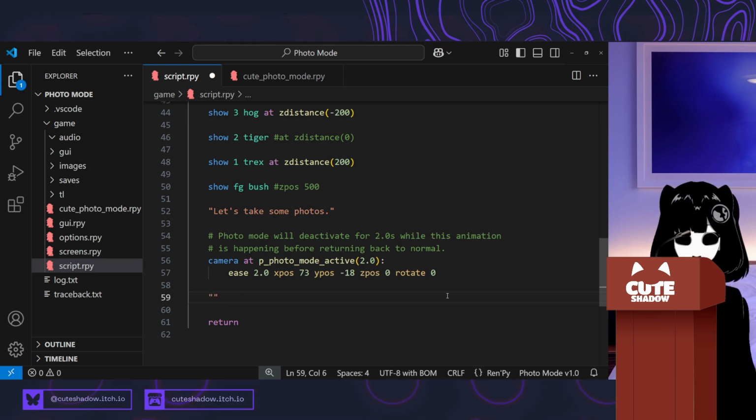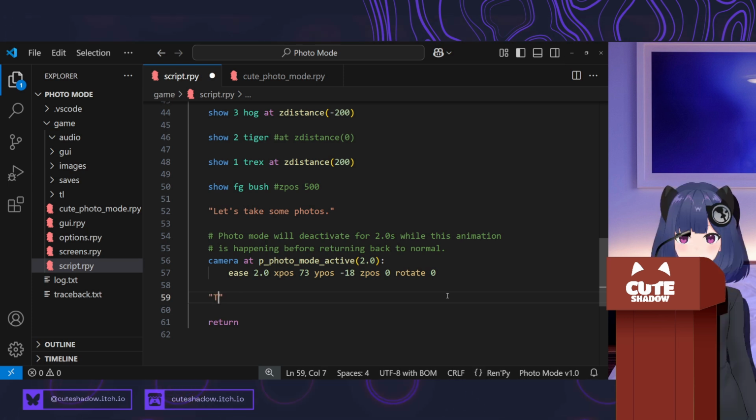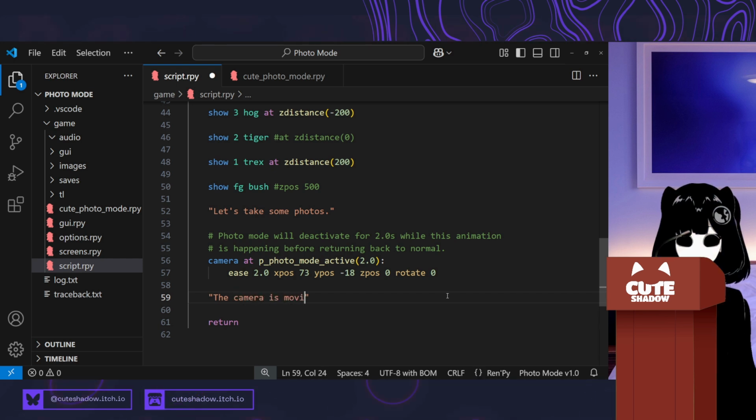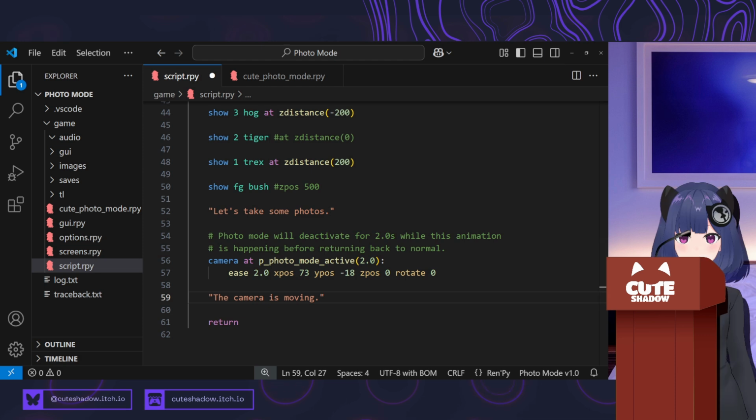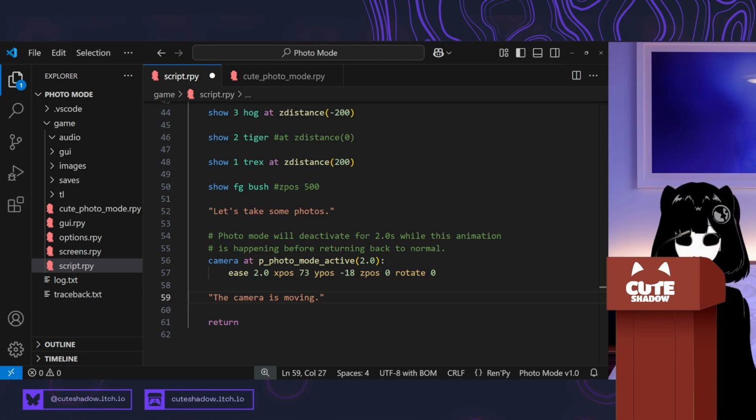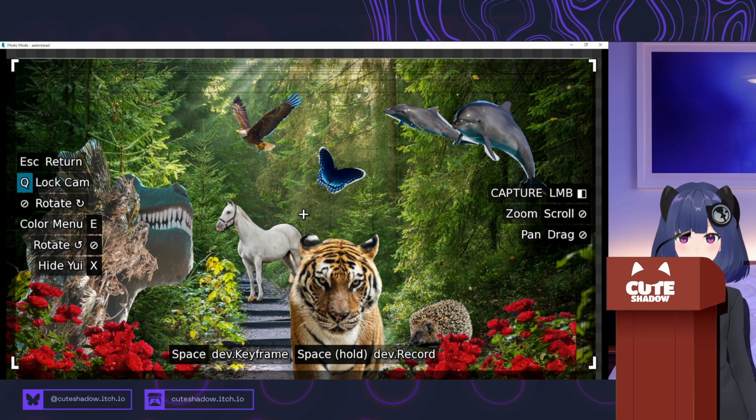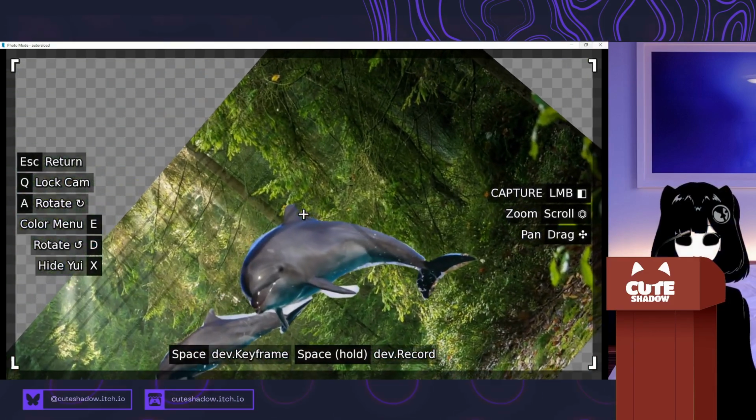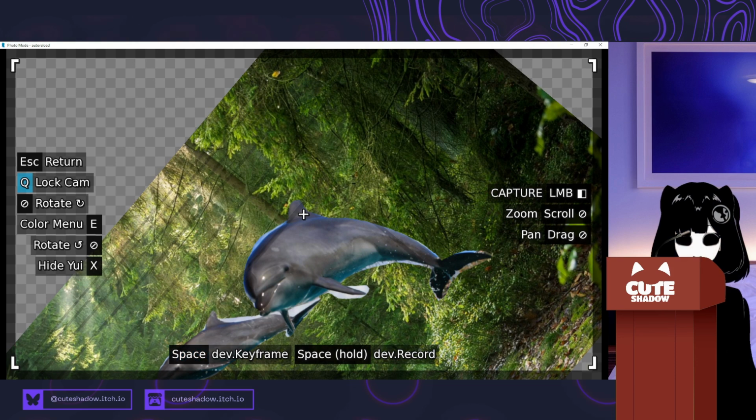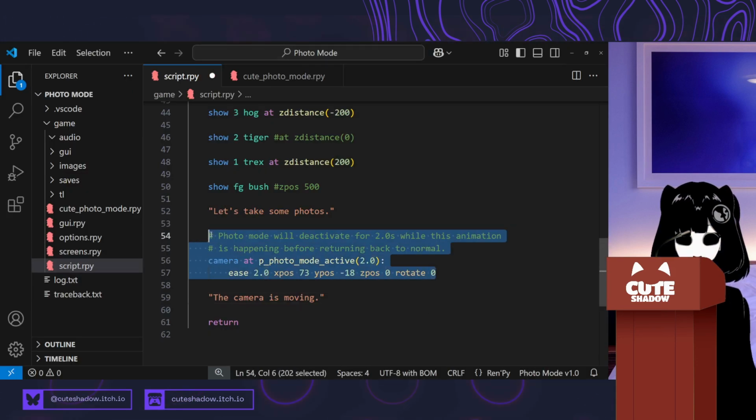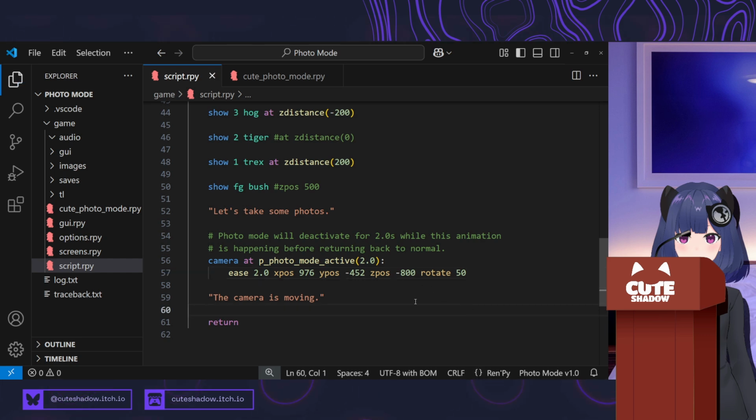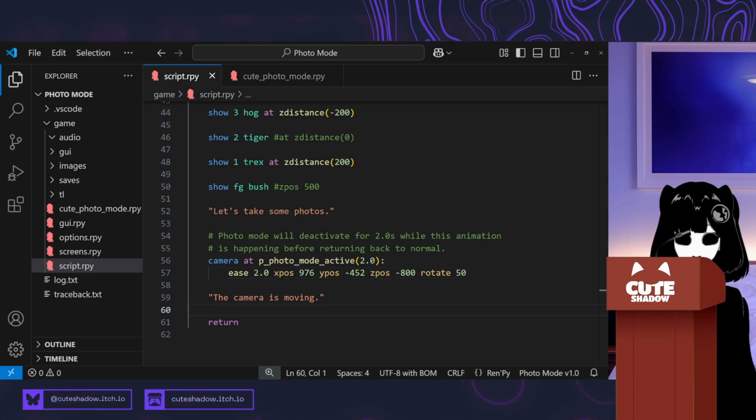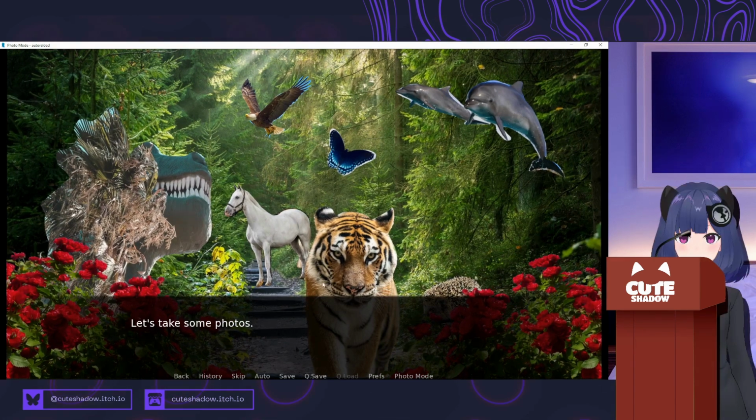So let's just see what that looks like. So right here, the camera is moving. I'm actually gonna do something a bit more dramatic. This one's a bit boring. Let's move the camera away like crazy. And then I'm gonna press space and capture that. And then I'm gonna replace this with that. And then when we play the game,